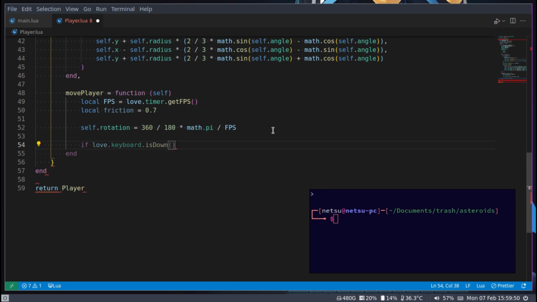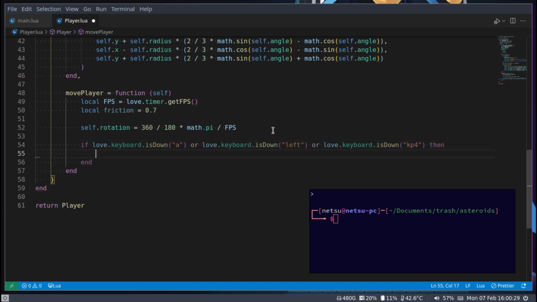love.keyboard.isDown. And we want the player to turn left whenever they click on the A button. And you don't have to add these extras, but I like to add options. And we can say, or if they press the left button on their keyboard. So that's like the left arrow on your keyboard. Or if they press the KP6, and that's the numpad number. See, and that shouldn't be 6, that should be 4. So that's numpad number 4. So if they're on the numpad, they press 4, then the player will also go. So now they have a lot of options to choose from. You don't have to add this many. I just like to. And you can say